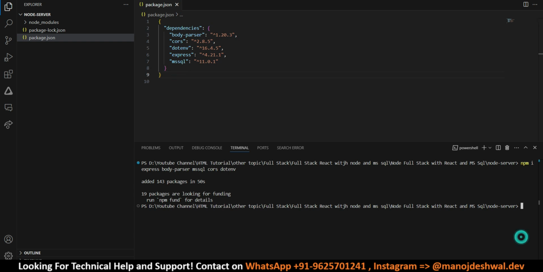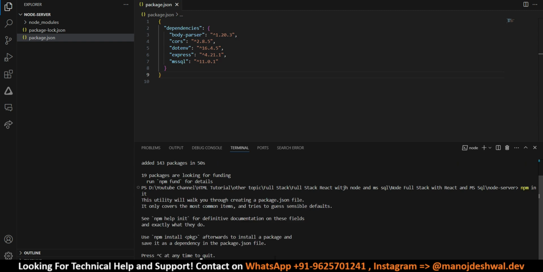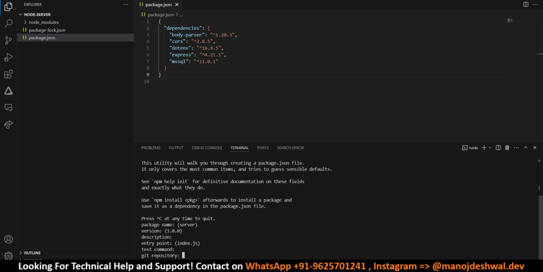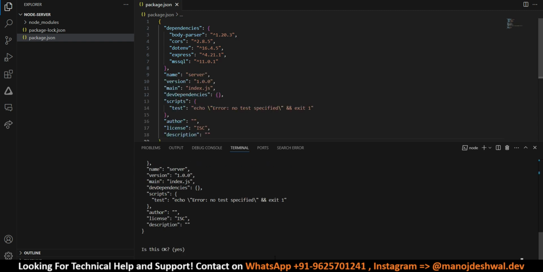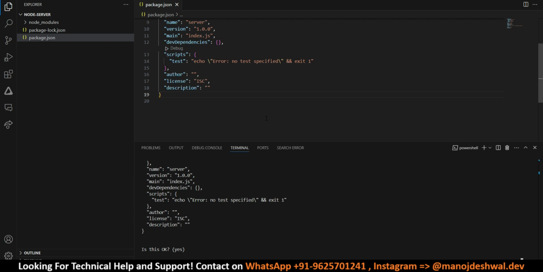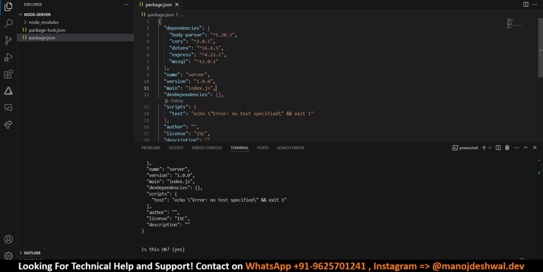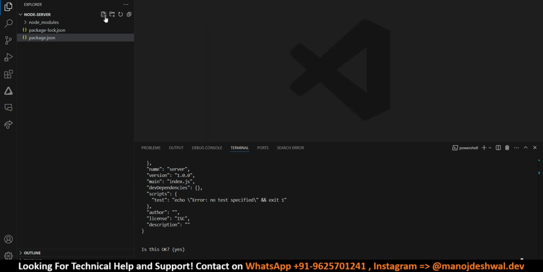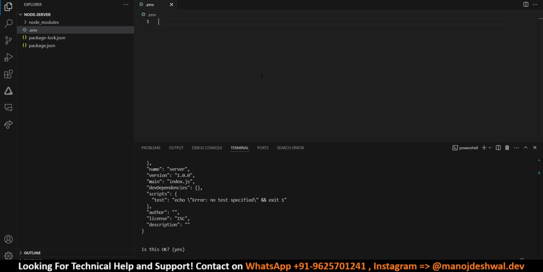Also, let's run npm init. So now our package.json is updated. Now, the next step is we have to create a .env file. Let me close this package.json. So here, click on this new file, .env. So here we have to write some variables so that we can use those variables in our